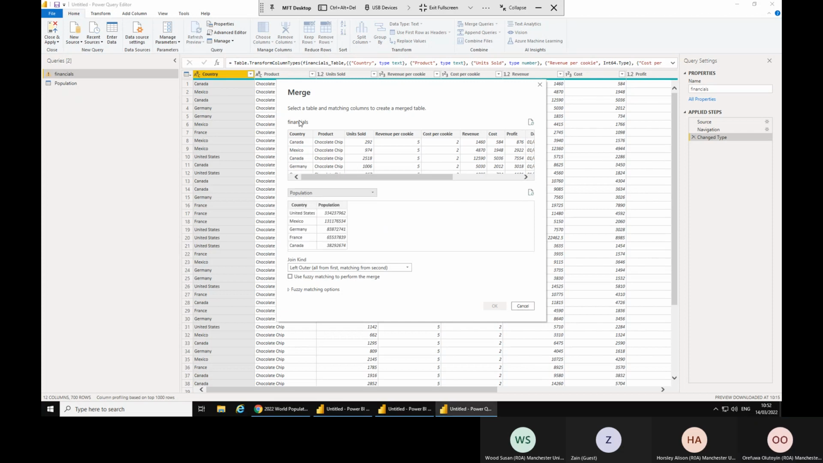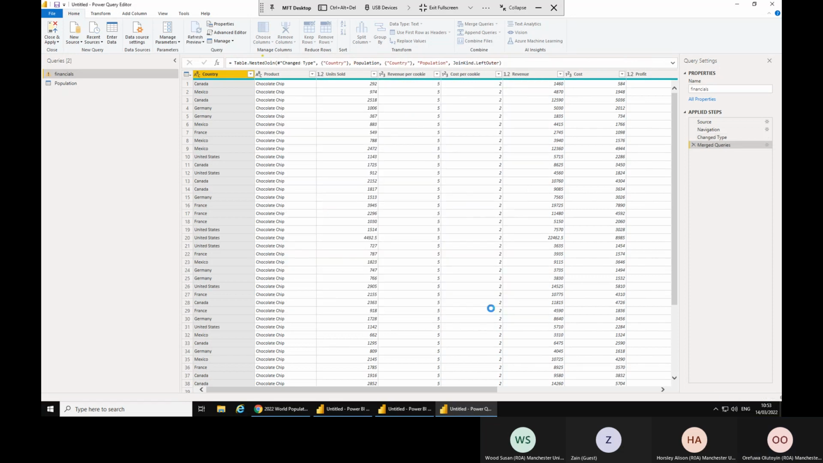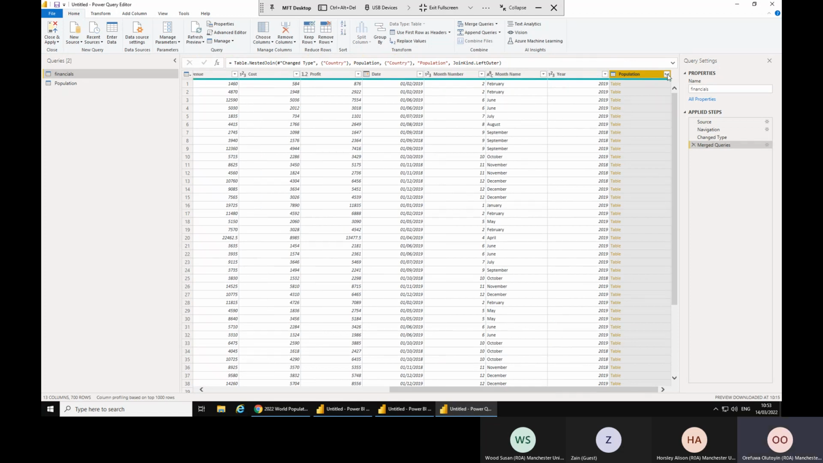Population, merge these two fields together. Left outer join, and then OK. Import the table in, click the expansion button beside it. You only need the population table, so the population field, right? And when you click OK,